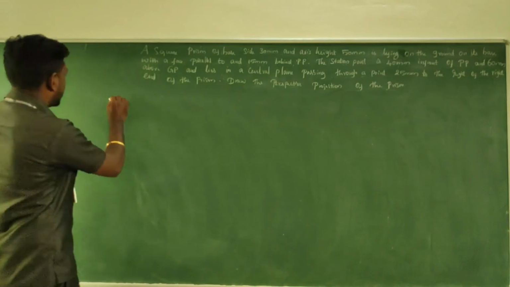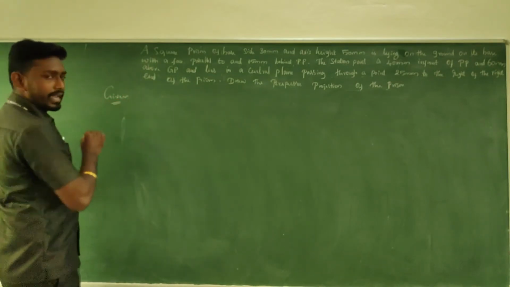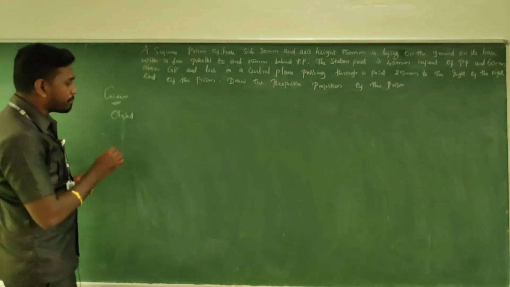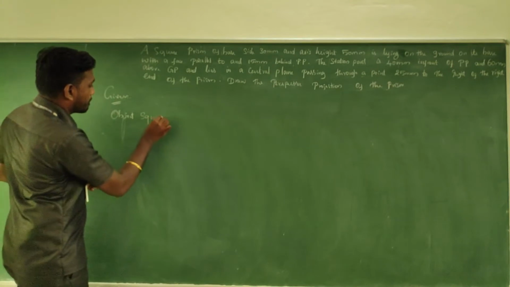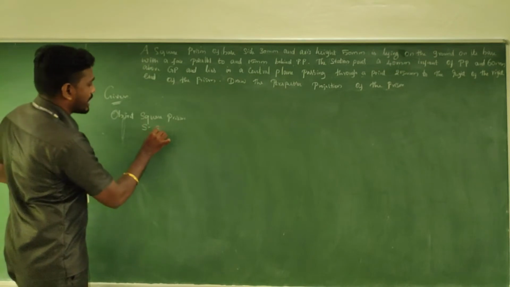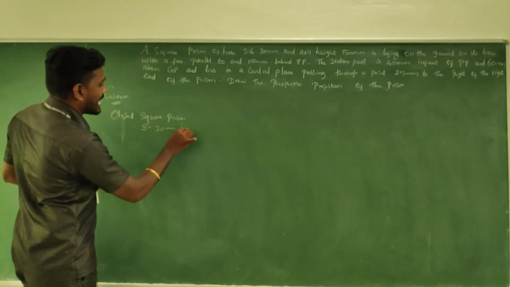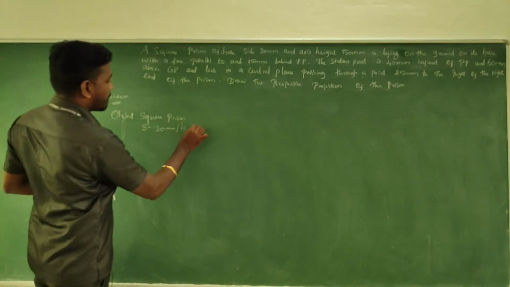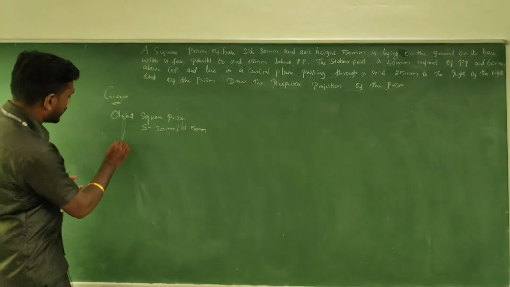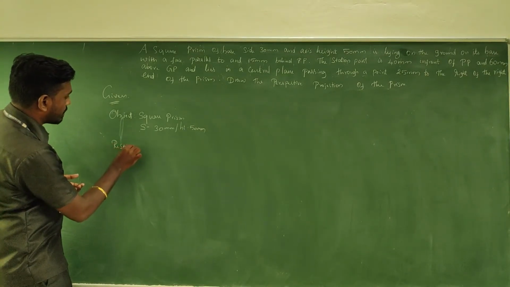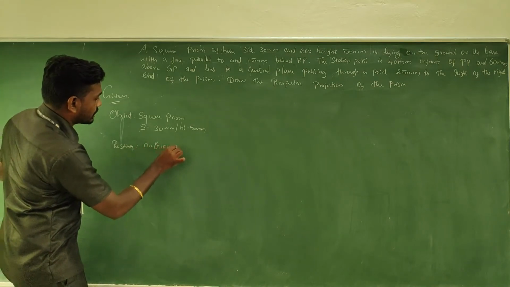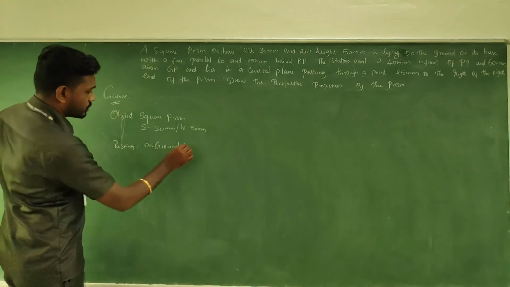First of all, take the given data. So the object given is a square prism, and its base side is given as 30 mm. And what about the height of the object? It is given, axis height 50 mm. Lying on ground, that means resting on ground on its base,